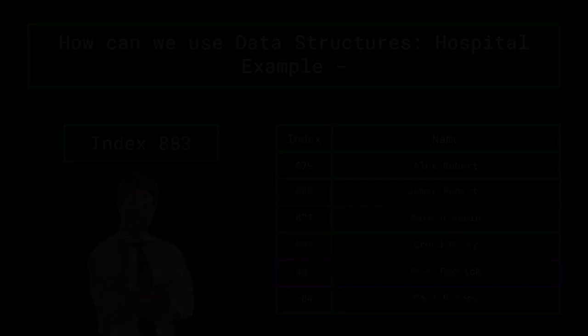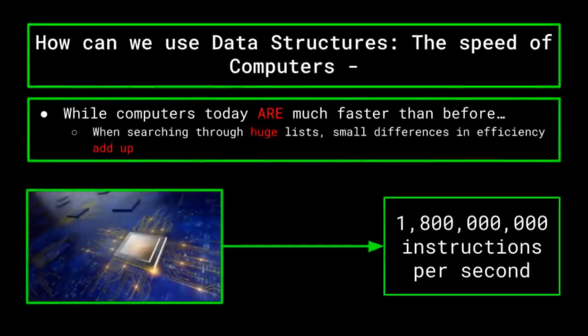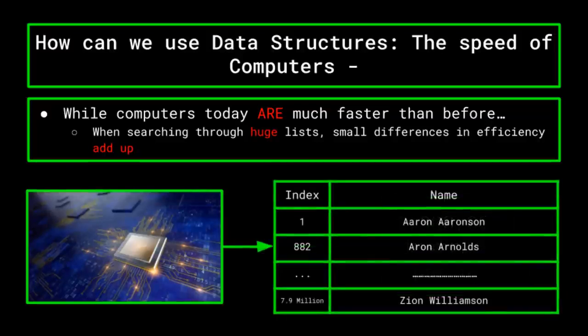You may think that there's little difference between searching algorithms, since computers nowadays can perform millions of calculations per second. But when you're a huge multi-billion-dollar corporation trying to find a certain data point in a list containing thousands or even millions of data points, small differences in efficiency are going to make or break the user experience. Even a 1% improvement in efficiency can mean big differences in the amount of time that a user is waiting